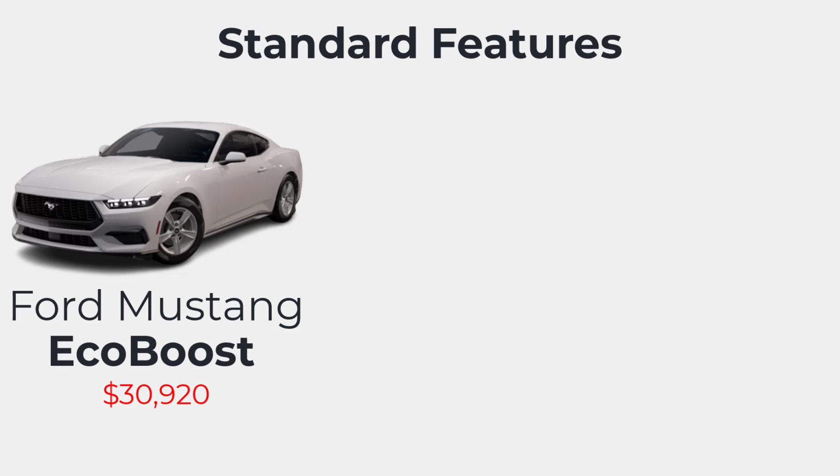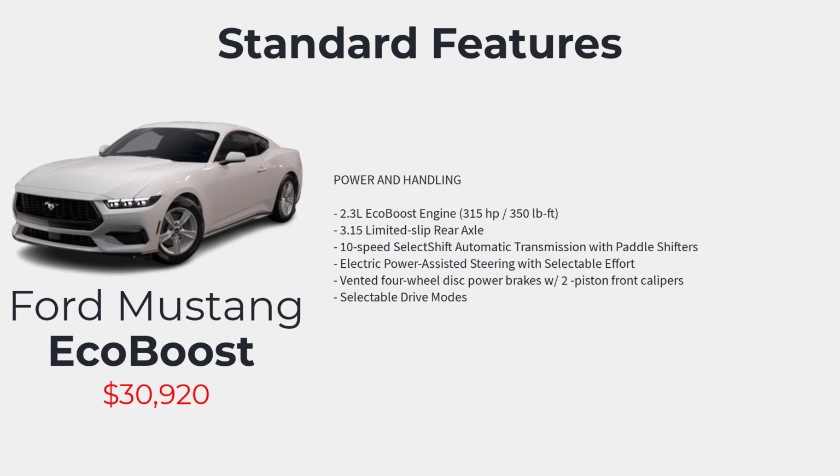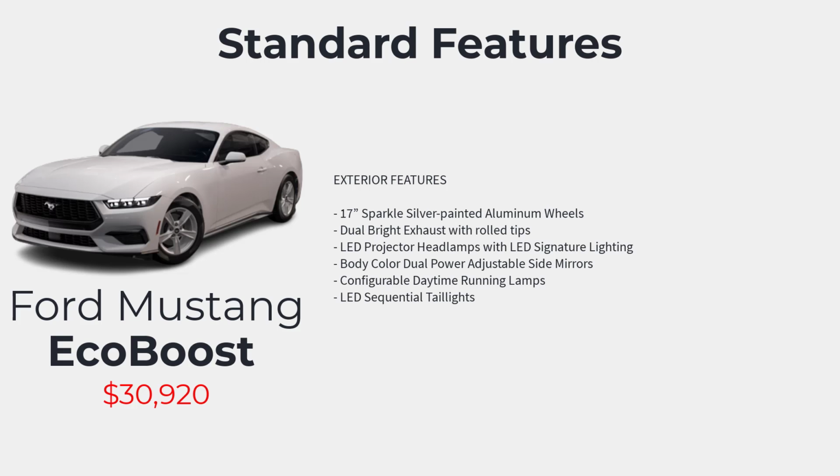Standard features include 2.3-liter EcoBoost engine, 315 limited slip rear axle, 10-speed SelectShift automatic transmission with paddle shifters, electric power-assisted steering with selectable effort, ventilated four-wheel disc power brakes with 2-piston front calipers, selectable drive modes, 17-inch sparkle silver painted aluminum wheels, dual bright exhaust with rolled tips, LED projector headlamps with LED signature lighting, body color dual power adjustable